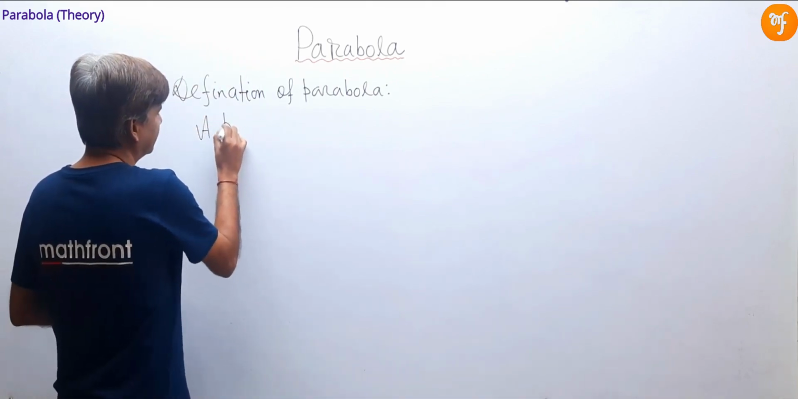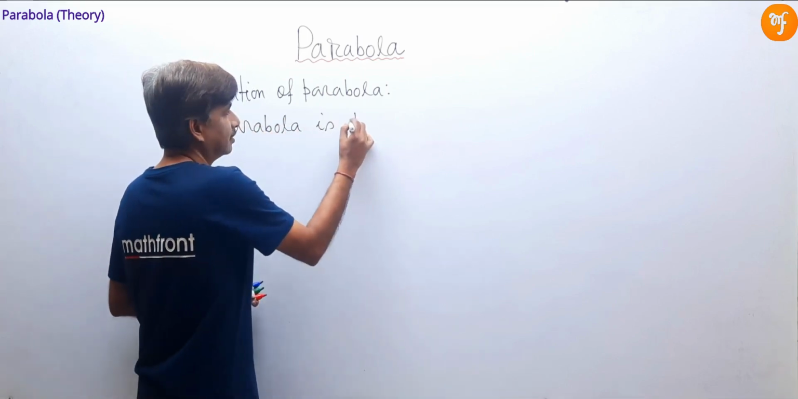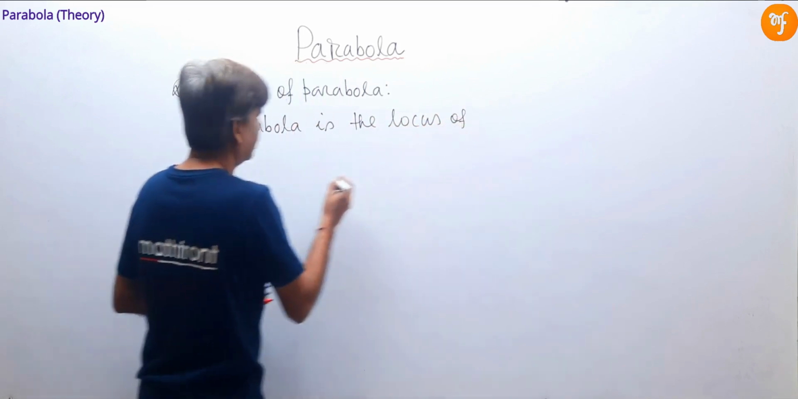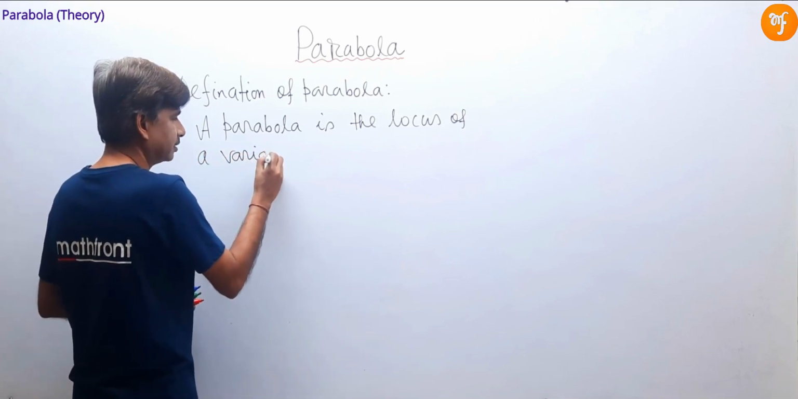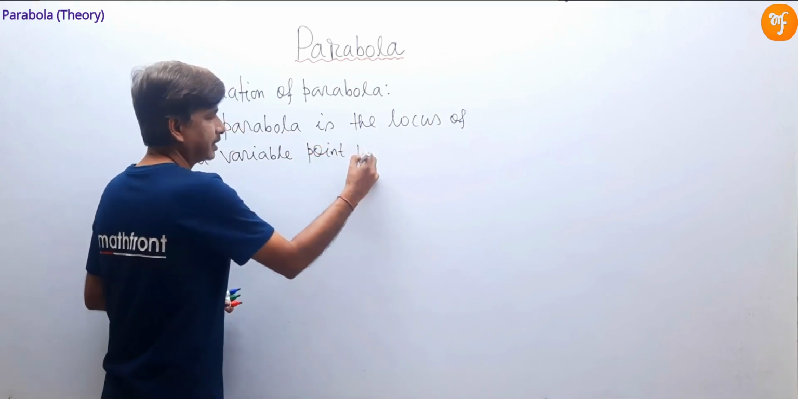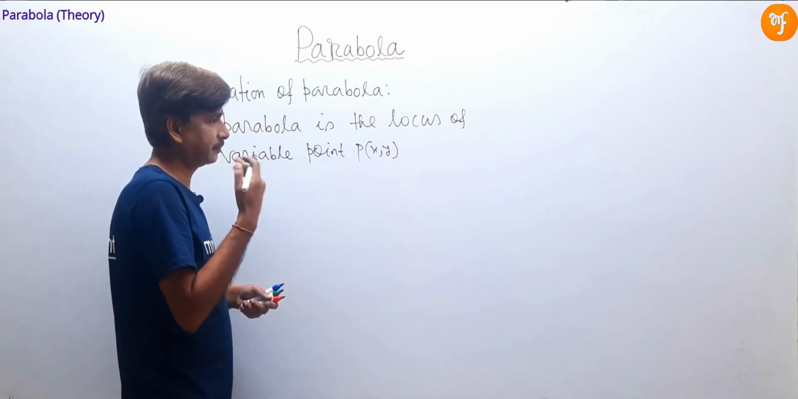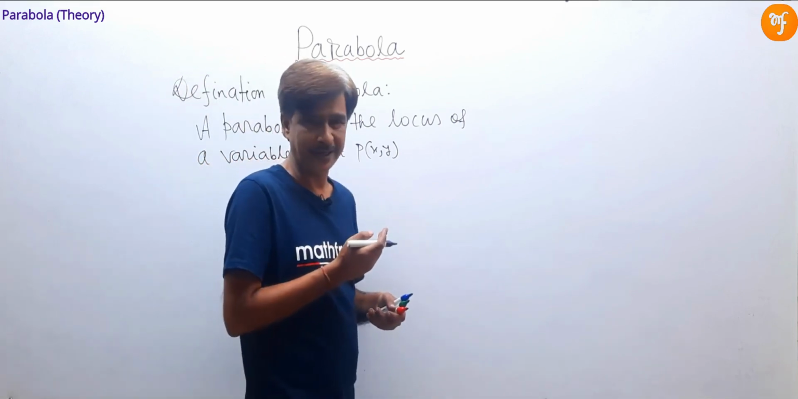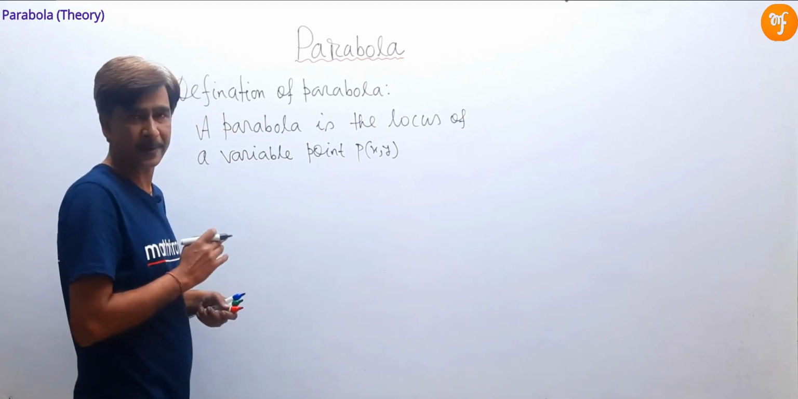A parabola is the locus of a variable point. So say the variable point is P, which is x comma y. We normally represent any variable point in coordinate geometry as x comma y. So P is a variable point and its locus will be called a parabola